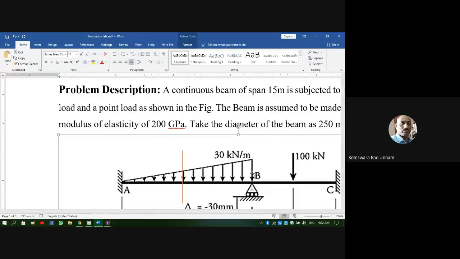Since I am dividing this into 45 elements, calculating all these things and applying the UVL for each and every element is going to be somewhat tedious. So to reduce that, what I'll do is